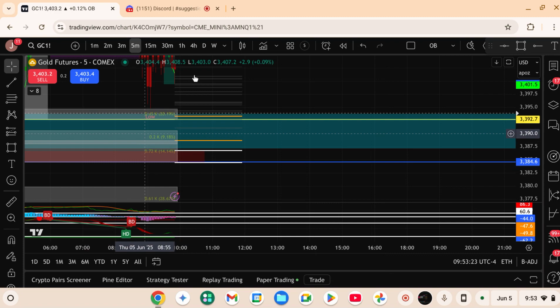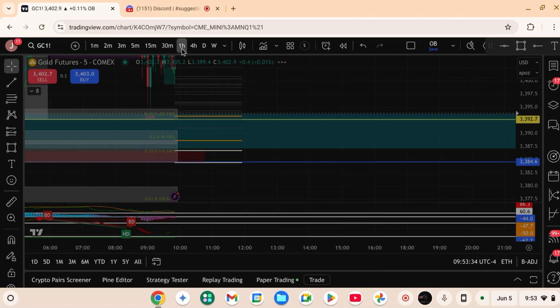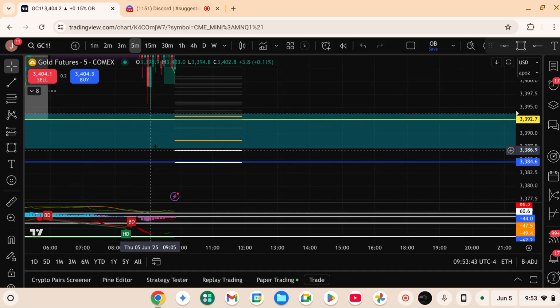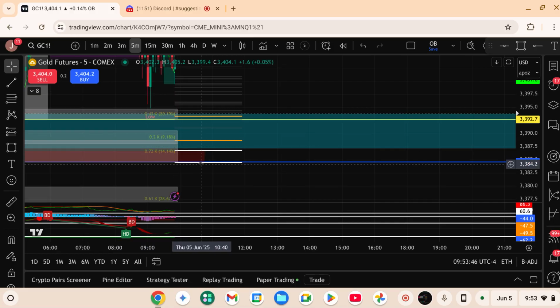So people would see that price just coming deep right here, like all the way down here and tapping this, and they would try to short it. But if you go back here, that's the bottom of this bullish order block. So it'll look like a big sell off on a smaller time frame. In reality, it's just retracing